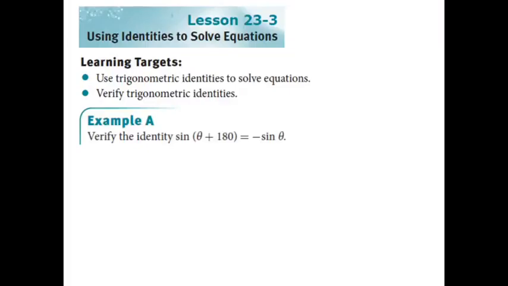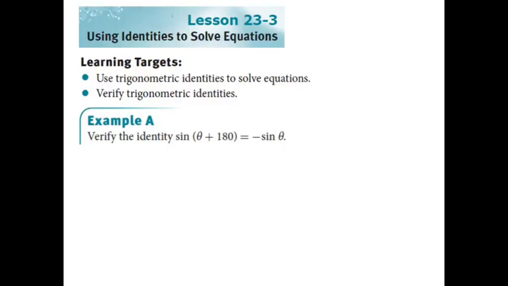In today's video, we're going to be looking at a few examples from lesson 23-3 in your Springboard. And this lesson starts on page 314 in your Springboard. We're going to be using our new trigonometric identities to verify other identities and also using those identities to solve equations. Here in example A, we're asked to verify the identity that sine of theta plus 180 is equal to negative